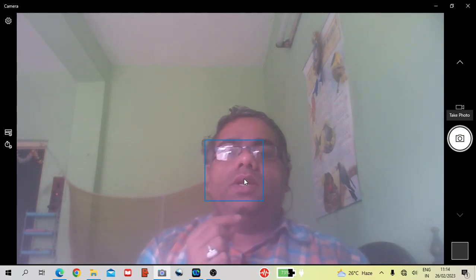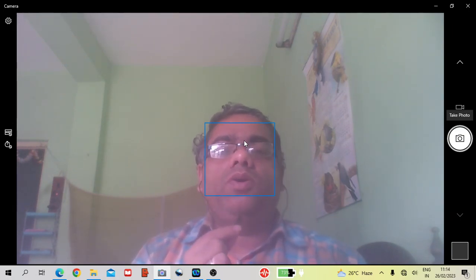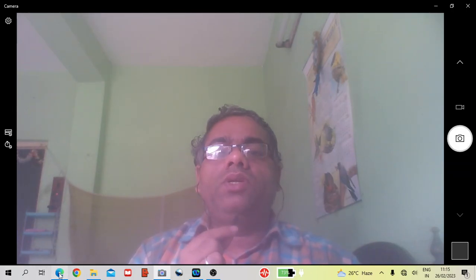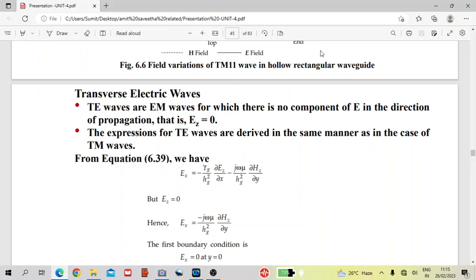So yes, in the last class we have seen TM waves. Today we'll continue with TE waves of a rectangular waveguide, which is bounded on all four sides. So here you can see in TE waves, EM waves for which there is no component of E in the direction of propagation, that is Ez is 0,